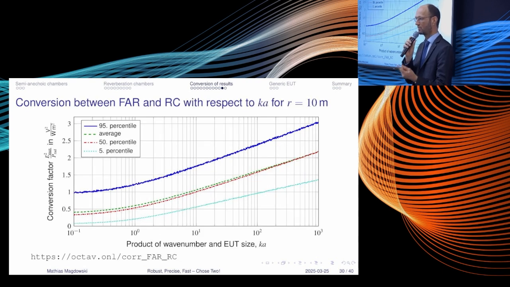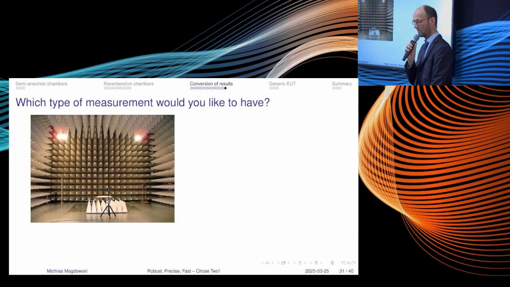And so because there's no influence of the ground plane for the fully anechoic room, here you could also directly scale it to this electrical size, and then you can see, okay, if the electrical size is smaller than 1, it stays constant. If we go for higher frequencies, then directivity in general increases. So the fundamental question now is, which type of measurement environment would you like to have for your test?